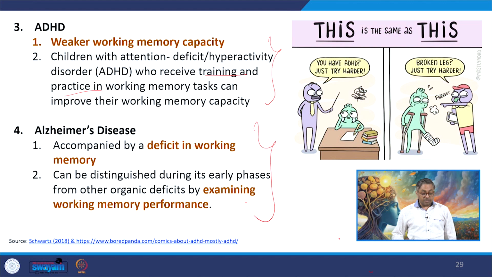A similar thing we have seen in a neurological disorder such as Alzheimer's disease, where a neurological problem at the cortex affects the working memory capacity. Now, this working memory deficiency could be because of a number of reasons. First is neurological connectional damage, a neurological and pathological problem related to aging. As the brain is aging, it is dying, the neuronal connections are becoming weak, and this deficiency and impairment affects the working memory capacity.